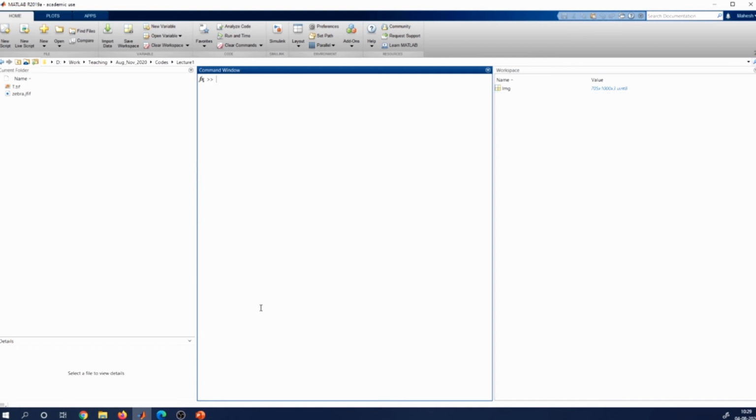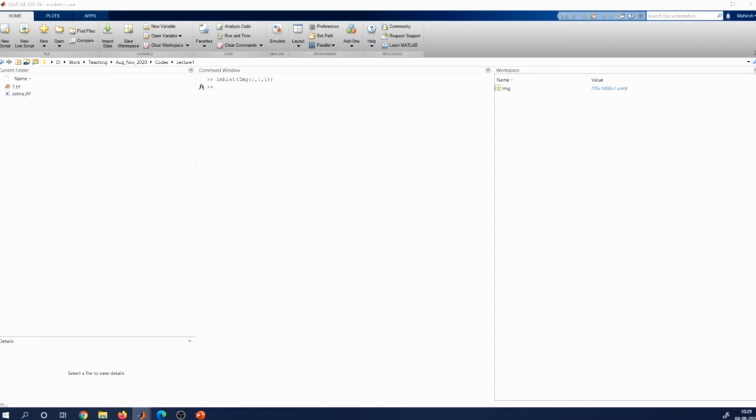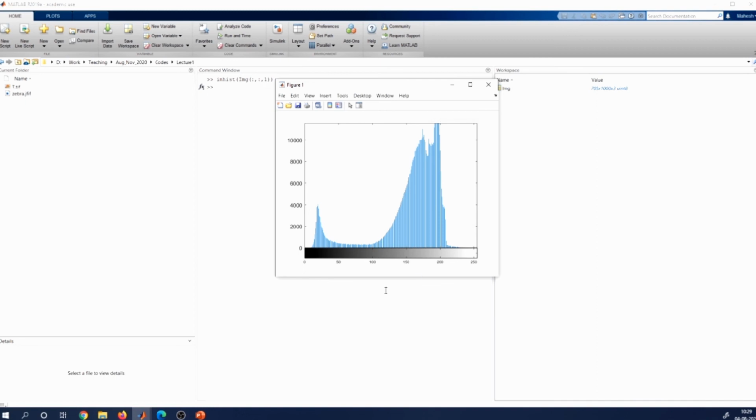Now let's take only the first component, the red component, and see the histogram of it. I'm only going to take one component, not all of them. If I see the histogram, it's no more binary like 0 and 1, but you can see over here the distribution. Most of the values are somewhere here, the high values. Then you have another peak over here, another peak over here. So most likely this will be the grassy part of it. This will be the zebra, or maybe this is the black shade in the zebra. This may be the grassy part of it, and this may be the white lines in the zebra. Or maybe we have to check that. I'm just giving an example for you.